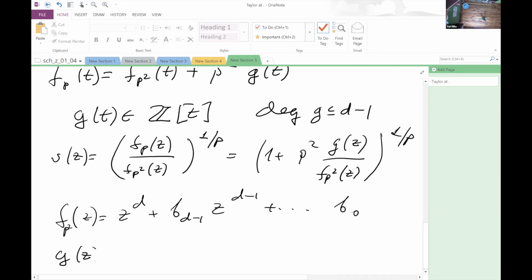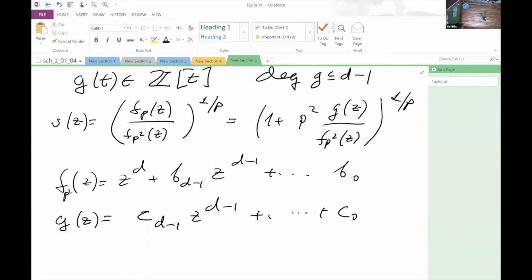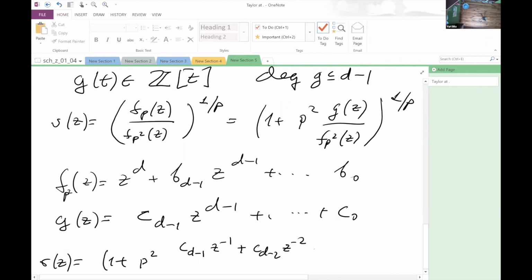And let us write our g of z as some c d minus 1 z to the d minus 1 plus etc. plus c0. All the coefficients are integers. And so we obtain v of z. And we want to get the expansion at infinity. So we write it like this: 1 plus p squared. And here we cancel out the dth power of z. So we obtain the following: c d minus 1 z minus 1 plus c d minus 2 z minus 2 plus etc. plus c0 z minus d,